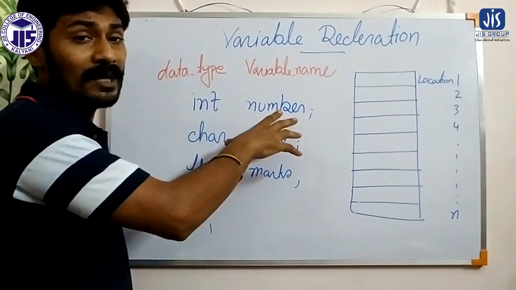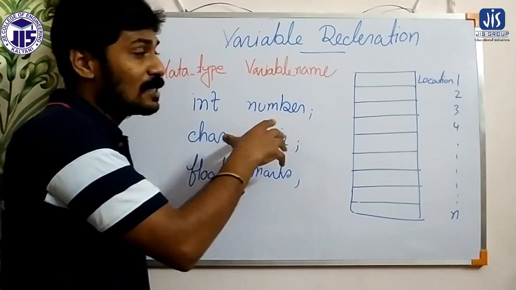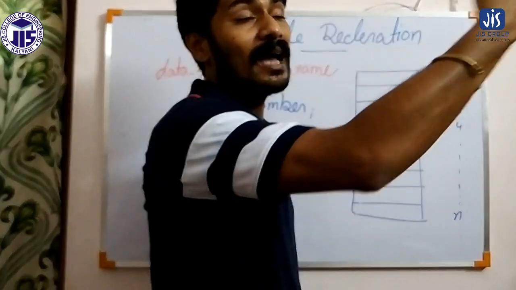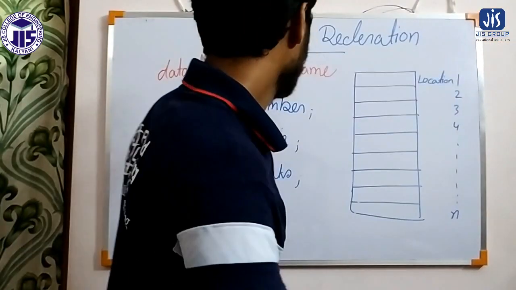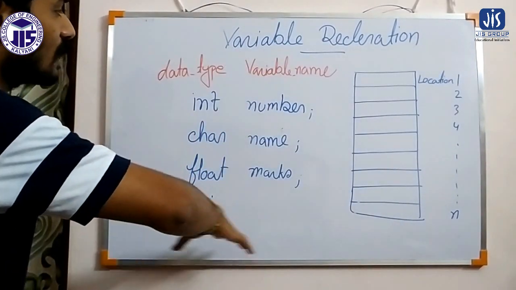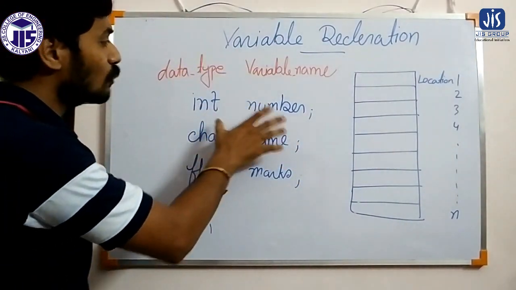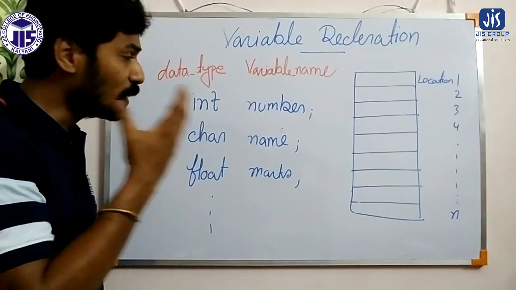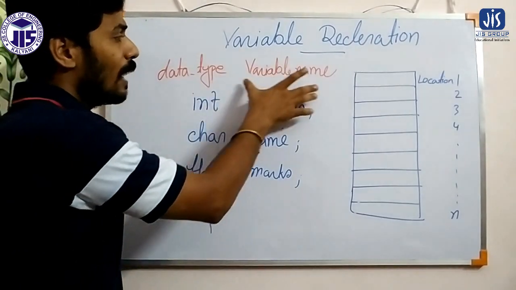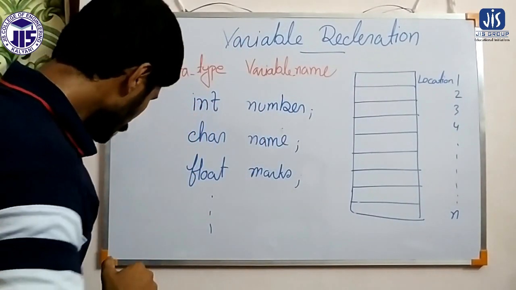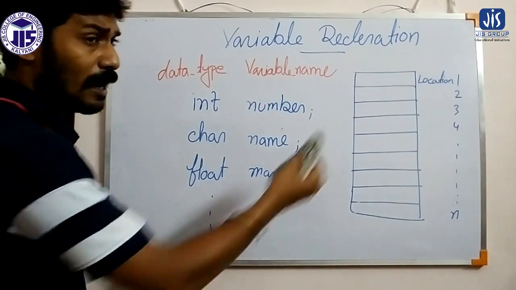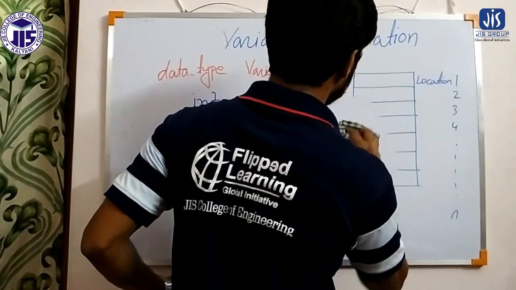Here I have declared a variable called number, and whenever it is required, I am calling the variable by some other name. It is not possible. Okay. So this is the declaration, how we declare the variable. So two main things we have to inform. One, what is the data type? Another one is the variable name. Now I am coming to that part again.